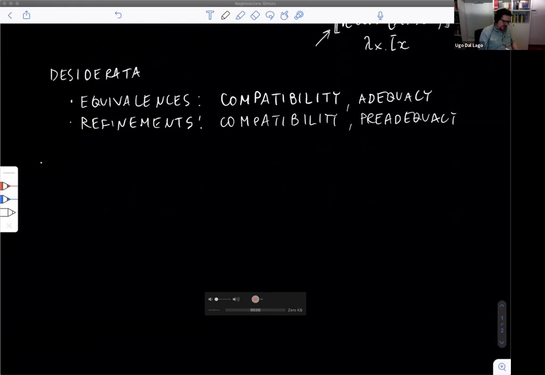Okay. So the first thing we need to do is to generalize a little bit the notion of relation and turn it into the notion of term relation. So first of all, you have what is called a closed term relation, which is nothing more than a pair